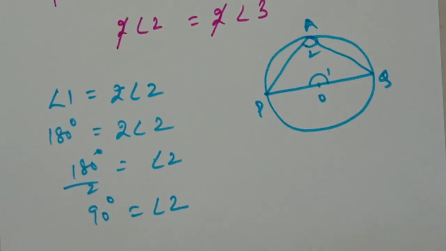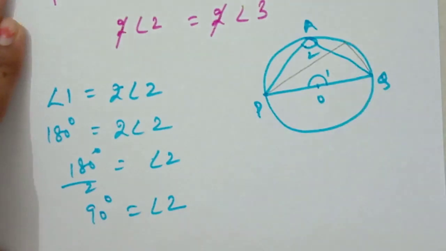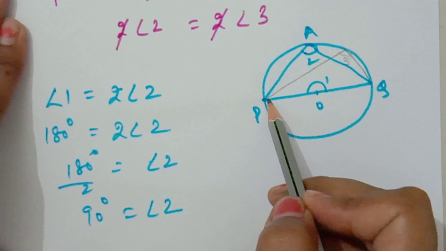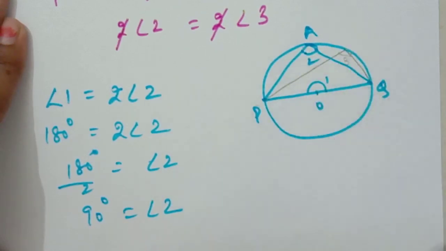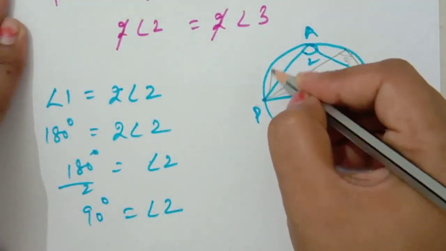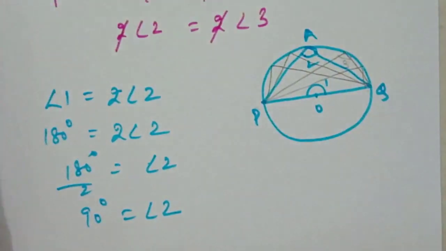Now again students, do not get confused by that. We proved theorem 10.9 that angles in the same segment of a circle are equal. If I make this angle 3, it is also present in the same segment and made by the same arc as angle 2, and angle 2 and angle 3 are equal to each other, so it is also 90 degrees, and this one is also 90 degrees, and this one too. So students, I hope you got this point, theorem 10.9 and the one property of theorem 10.9.